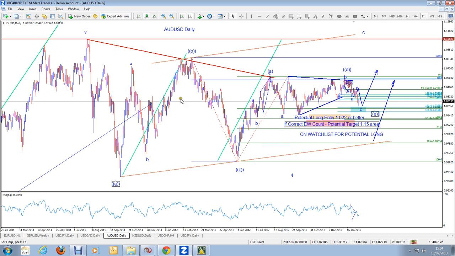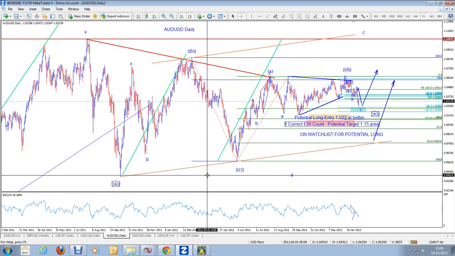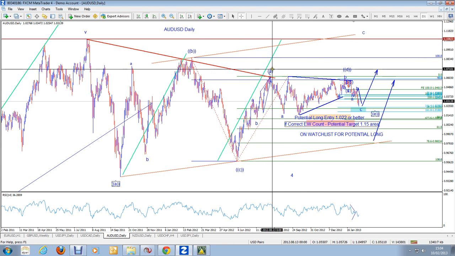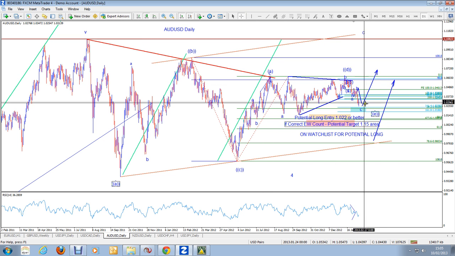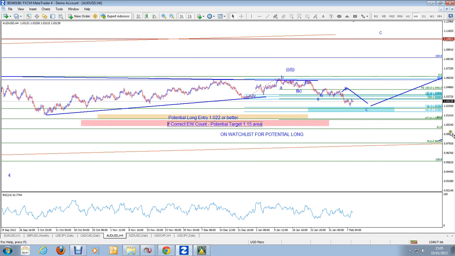Okay, so it's wave A, B, C, D and E, and this D is a little bit strange in a sense that it's taken a lot longer than the previous one, the very sharp move, but here it's taken longer. So I think what we've got here is possibly wave A here in single parenthesis, then we got A, B and C coming down, which would complete this wave E. And in terms of exactly where it would finish,